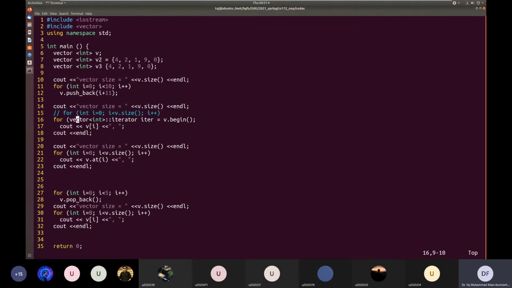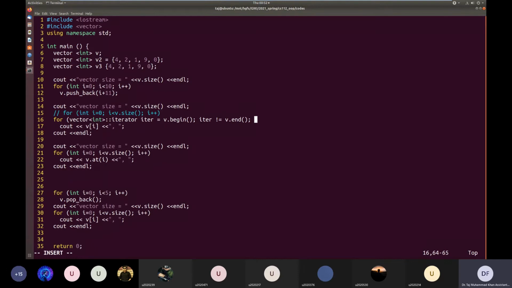So this vector colon colon iterator is a type. It's the iterator type of vector int. So I declare a variable of this type, which I assign to the first element, and then I write iter less than v.end, or usually it's written iter not equal to v.end.